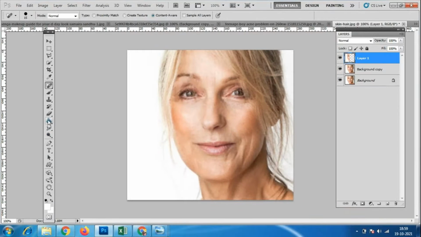If I use this dodge tool, now what happened? Only this is the change we have done, and we can give only a little bit. If I take a very good quality image, then we can make half of the image wrinkle free.